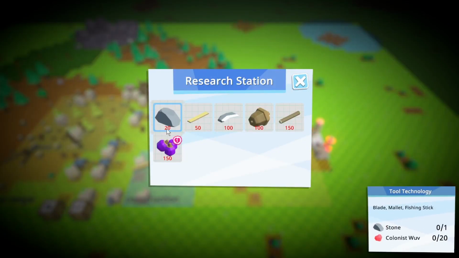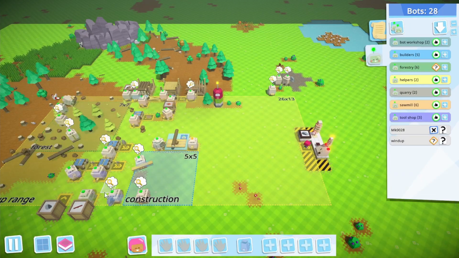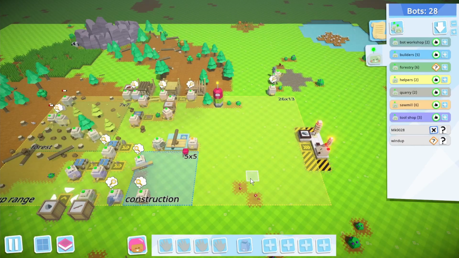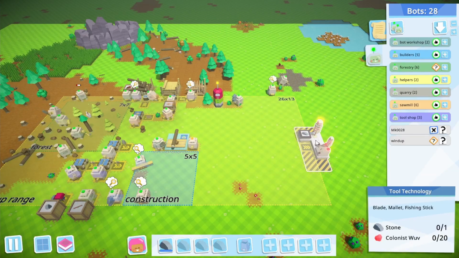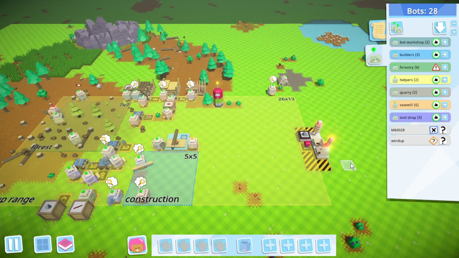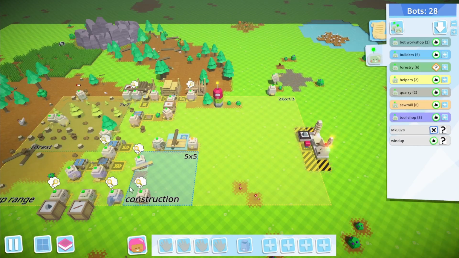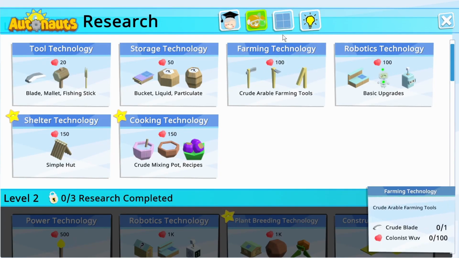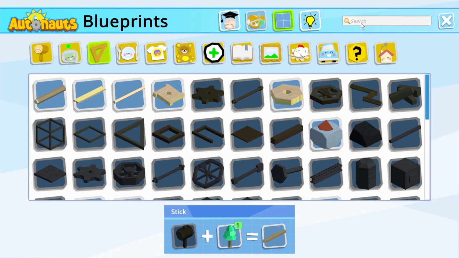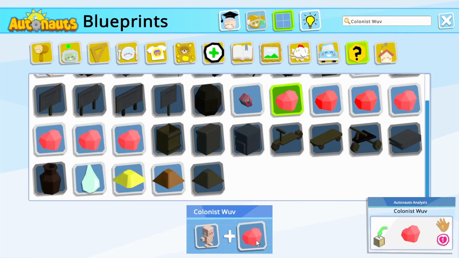So now we can do science. And the easiest one, the one that takes only 20 worth, is this one here with a stone. I'll get the stone from here. Not to disturb those guys up there, although next stone is coming up here a wee bit faster, not much. And then we need colonist wealth, and if you haven't played the game yet and you're wondering what colonist wealth is, use the book. Go to the blueprint section of the book and enter the search term wealth, colonist wealth. There it is. That's what this is, and it's made